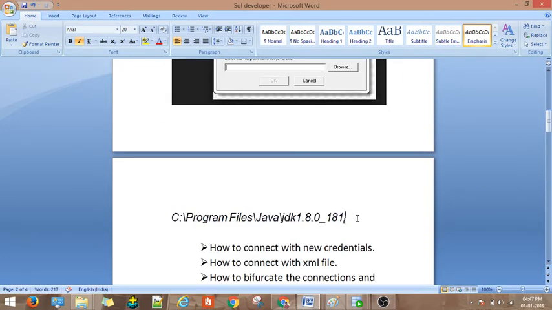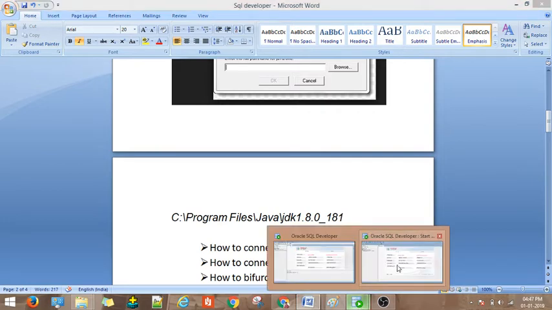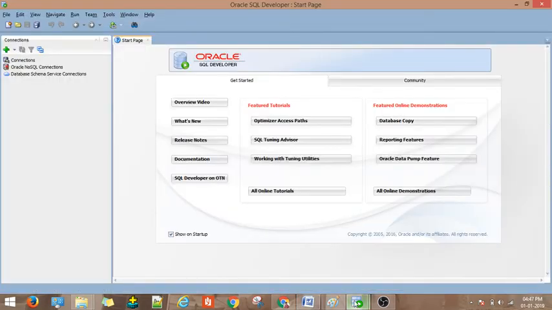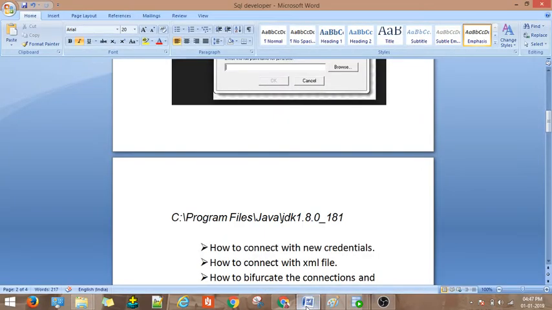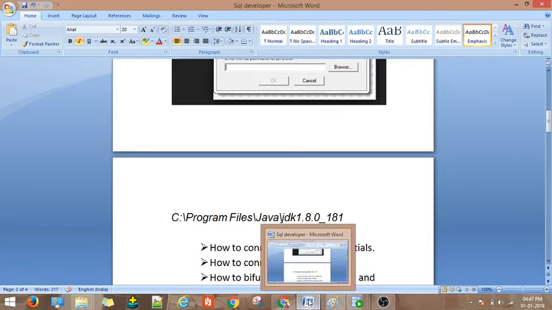Once you install SQL Developer, we need to connect it with the database. Only once we connect can we use the database, like fetching data from the database. For that we need SQL queries, and by using SQL queries we fetch the data. For that we need to connect with proper credentials.